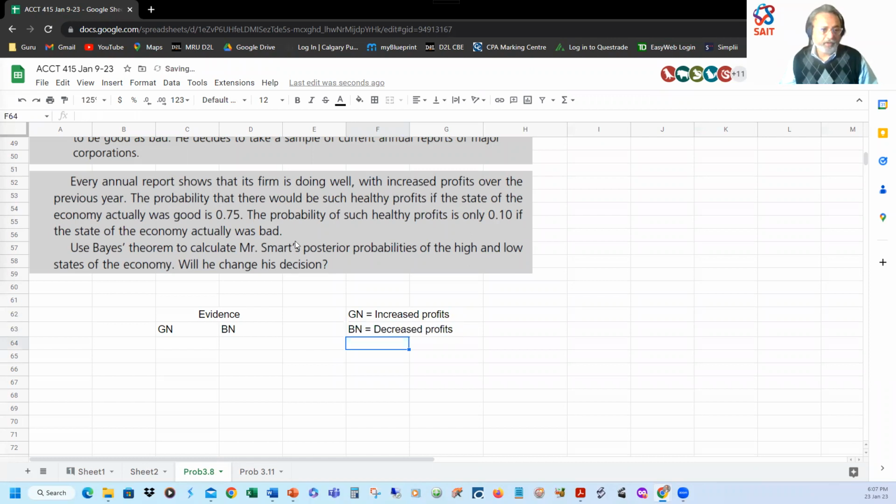Now, our friend Mr. Smart has found evidence of good news. All the annual reports that Mr. Smart has seen show increased profit. So that's what he's going with. Now, with this evidence, Mr. Smart is trying to predict the state of nature, right? So the state of nature here